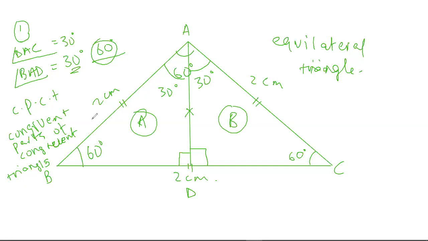What CPCT basically means is that if you want to make this side equal to this side, that will be so because these triangles A and B are congruent. So all parts that you want to make equal, say 60 degree will be equal to 60 degree. Of course that's given, but say you want to make this angle 35 degree and this angle 35 degree, you may do so because it is CPCT. But then you would have to go on a whole new route, because 35 degree plus 90 degree would be whatever, then you subtract it from 180 and you would get a whole new angle. So let's move on.